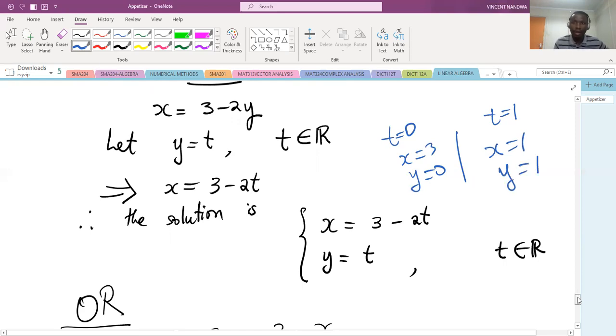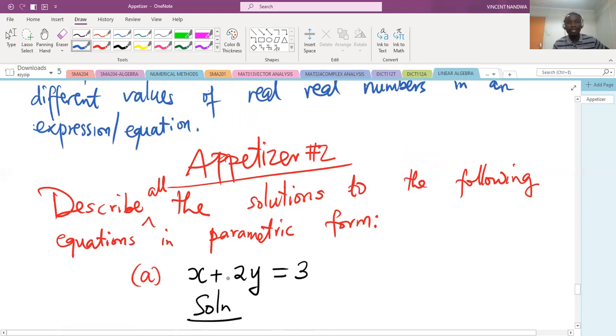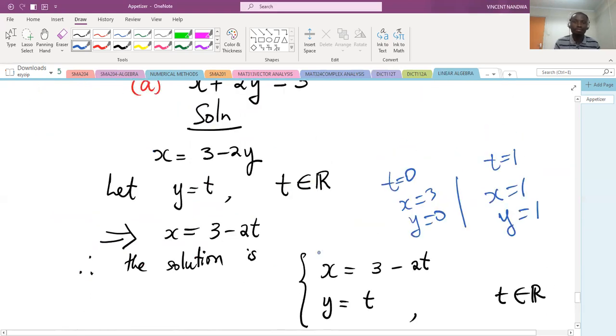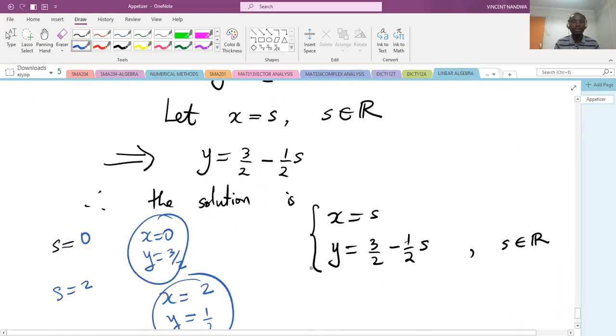So replacing, 1 plus 2 times 1, which is 1 plus 2, which is 3. So this is okay. So there are several values you can take. Either you can do it this way, or you can do it this other way. You don't have to do both of them, but this is just to show that there are different ways of